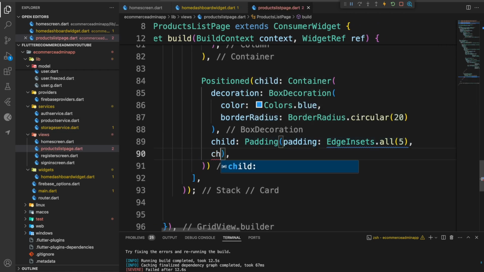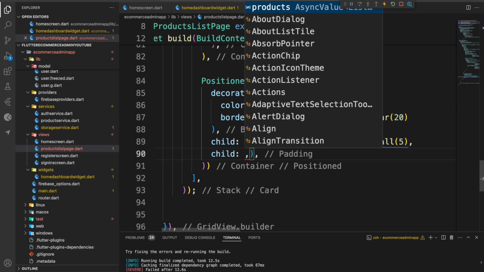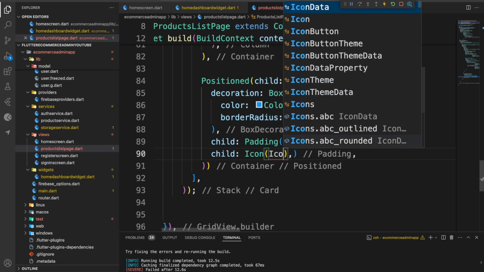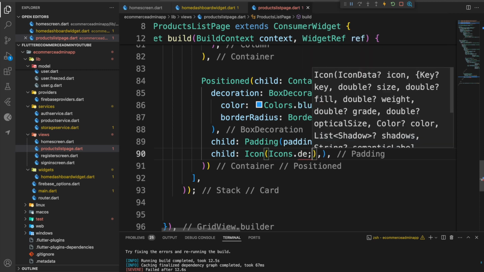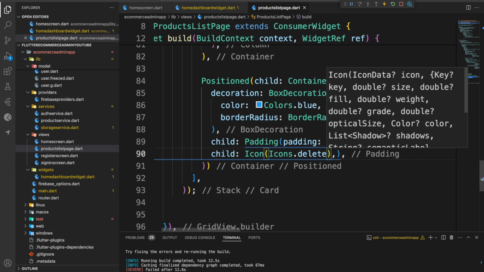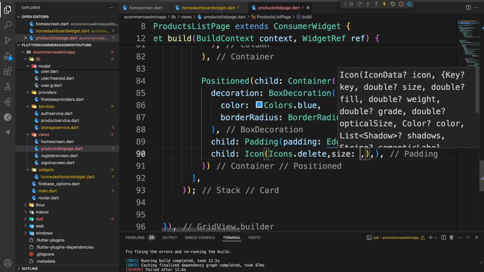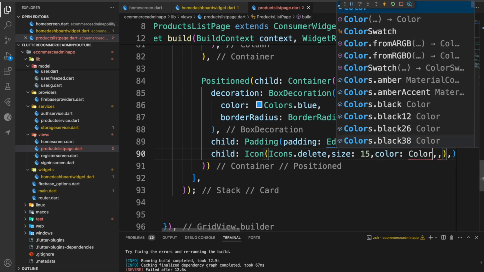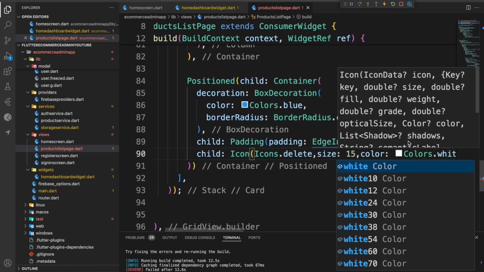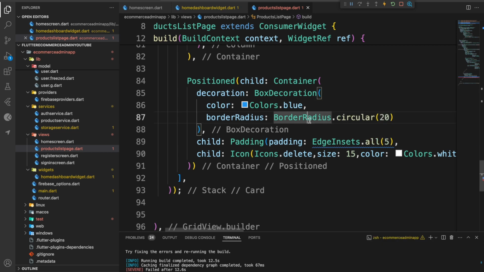And then for the child we are going to just display an icon, which is going to be Icons.delete. The size of the icon, let's give it a size of 15. You can give it whatever color that you want, and then let's make sure that the icon's color is white. Okay, all right, so now that we're done with this positioned widget,